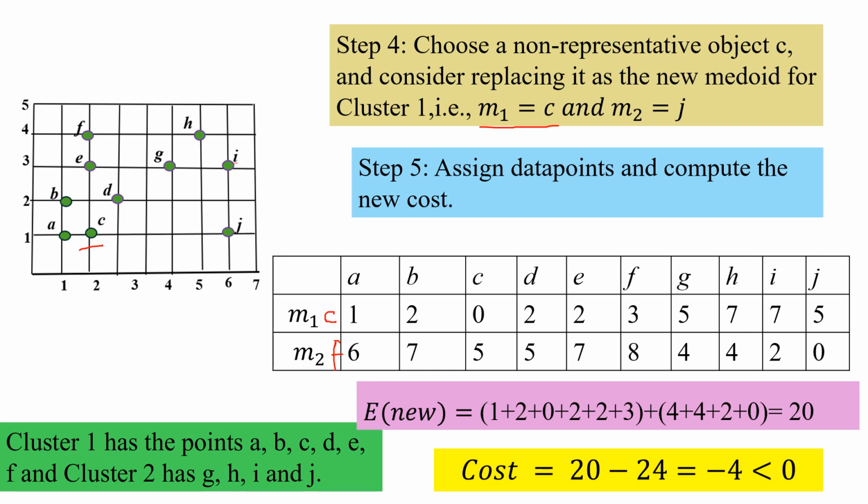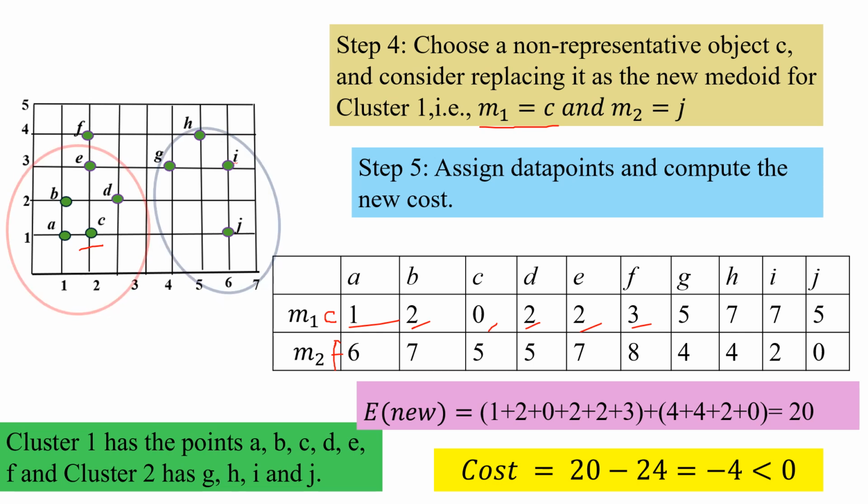We compute the distances, and now we see that A, B, C, D, E, F clearly go to cluster 1, while G now goes to cluster 2. See, it has changed the assignment. The assignment of G gets changed to cluster 2. So 6 points in cluster 1 and 4 points in cluster 2, and the new cost comes to 20. The sum of these costs from cluster 1, A to F, and from G to J for cluster 2